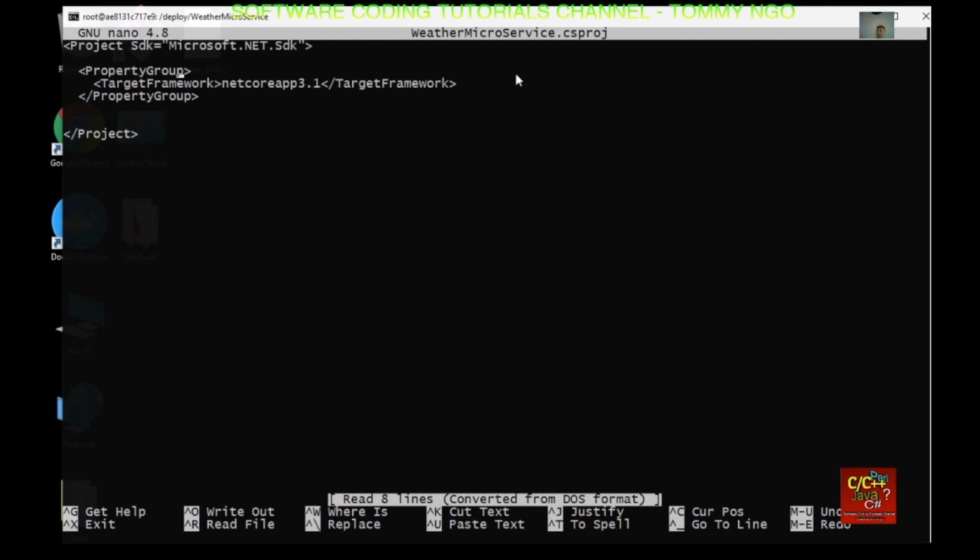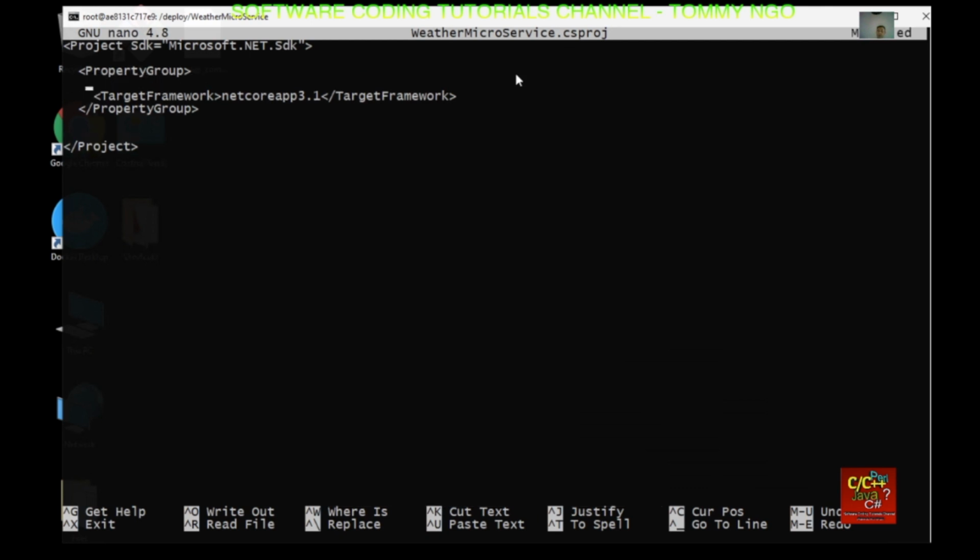Under property group we want to add output type is exe, then below the target framework we want to add runtime identifiers,